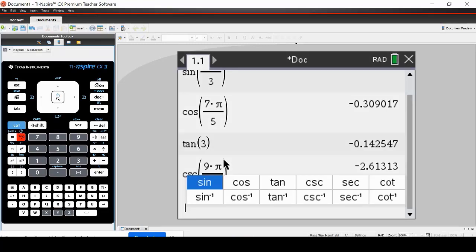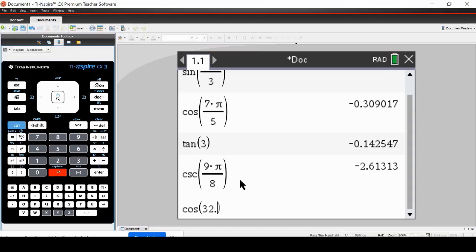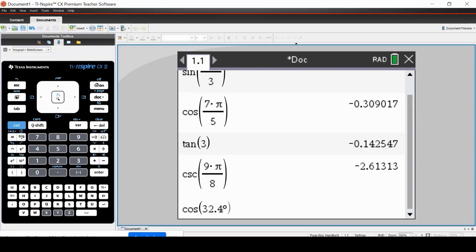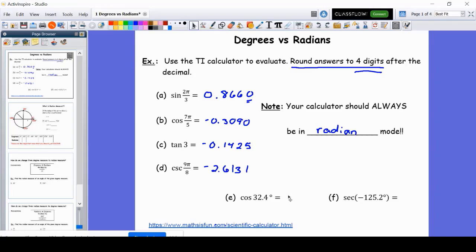I'm going to go to trig, go to cosine, and type it in just like it is on paper, 32.4. And then over here on the bottom right next to the G, you see a question mark, an exclamation point. If I choose that, there's a degree symbol. It will now tell me the cosine of 32.4 degrees, and that would be 0.844328,